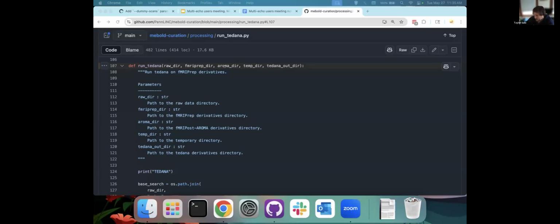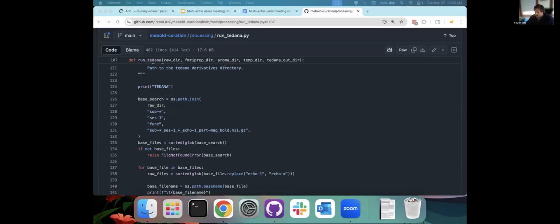You can just ignore those elements if you want, but I wanted to see if it worked well in conjunction with ICA-AROMA, which it seems to, as well as a temporary directory and an output directory for the Tedana derivatives. So to start, I just find each of the run's first echo from the fMRIPrep derivatives right here,